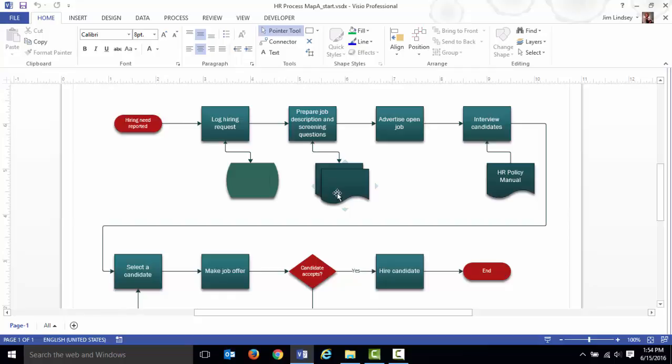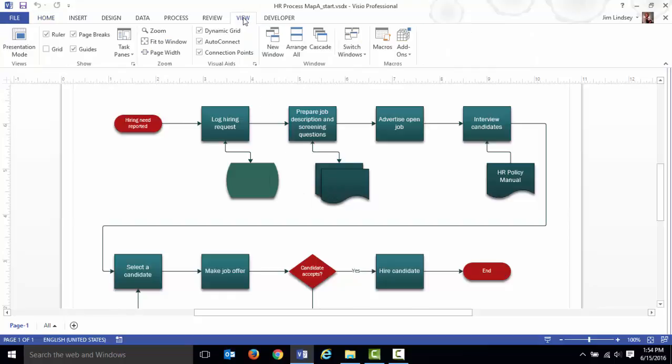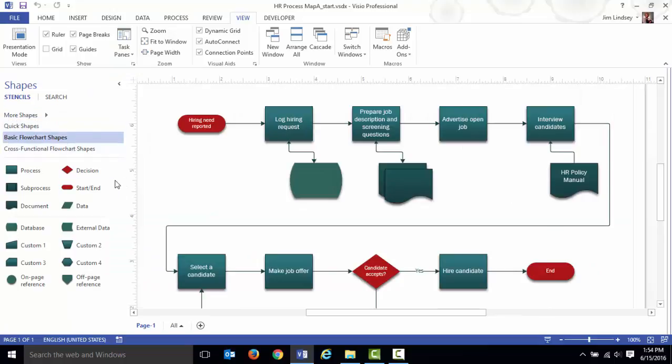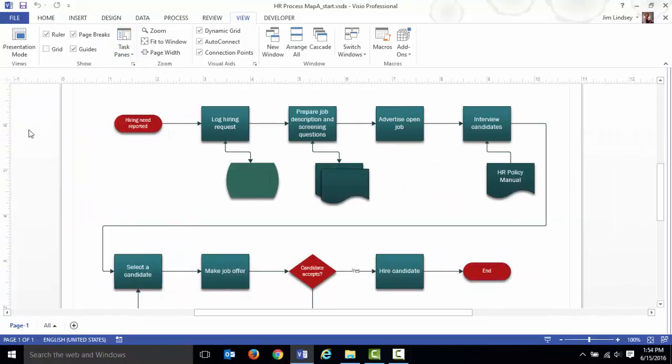Well, I'm going to make the shape data pane visible and the shapes pane invisible. I've already made the shapes pane invisible. Let me show you how I did that. Up here on the View tab of the ribbon, you have this drop down box that you can click for task panes, and you may have that visible. If you have the shapes pane visible, just get it out of your way because you don't need it. So you click on which panes to show or not show, make sure the shapes goes away for you,